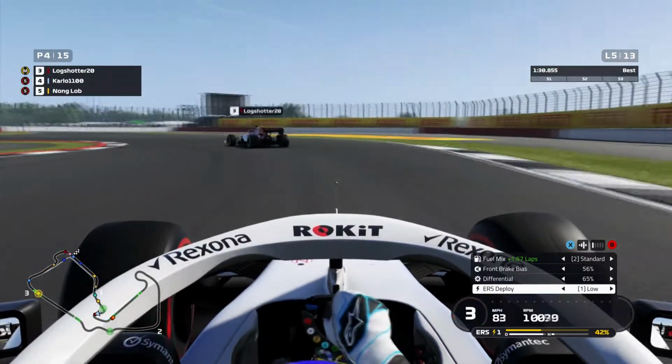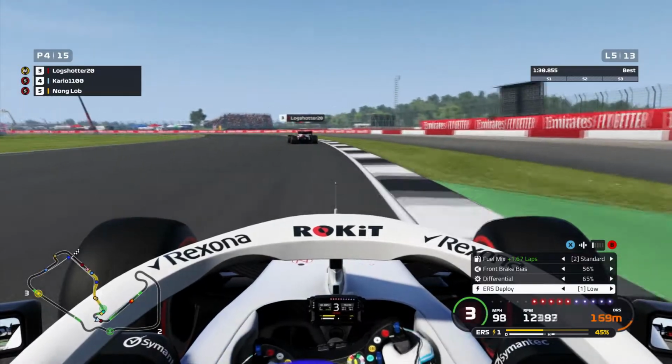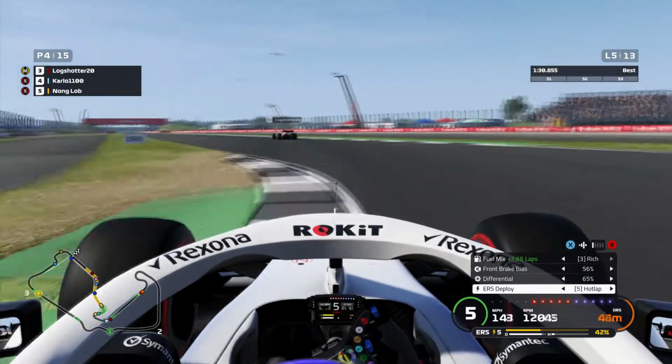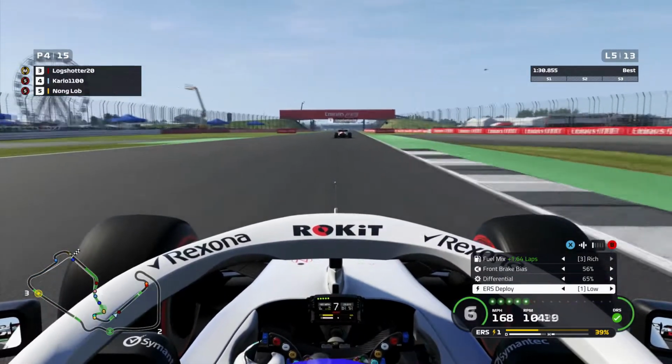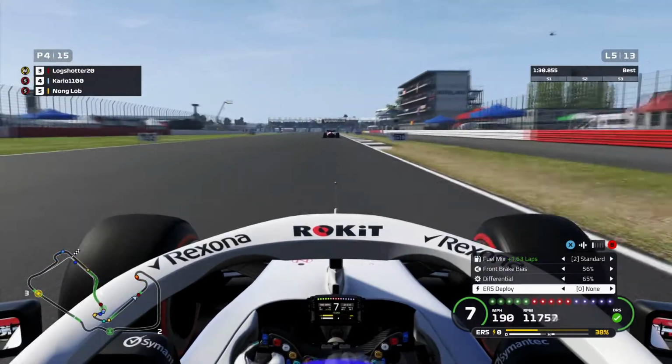Sector 1, try not to go wide on these turns, just try and graze the curves if you can. Try not to take too much of the outside curb here. On the throttle as soon as you can in a straight line, and then DRS. Generally, if I have DRS, I just turn the ERS down if I'm not close enough, just so I can